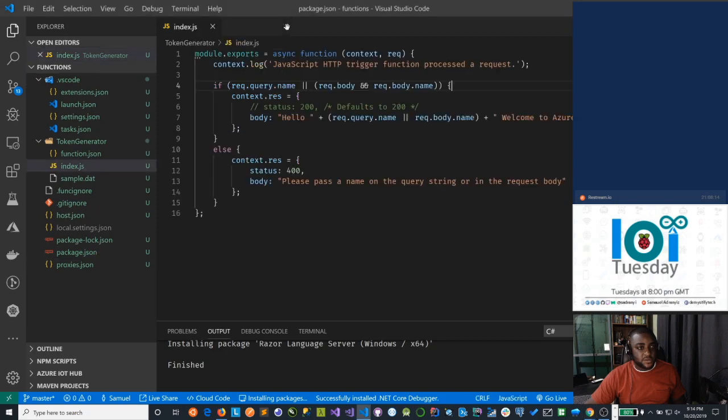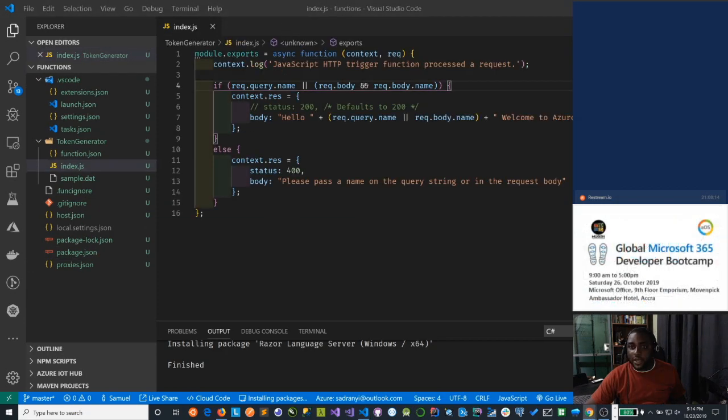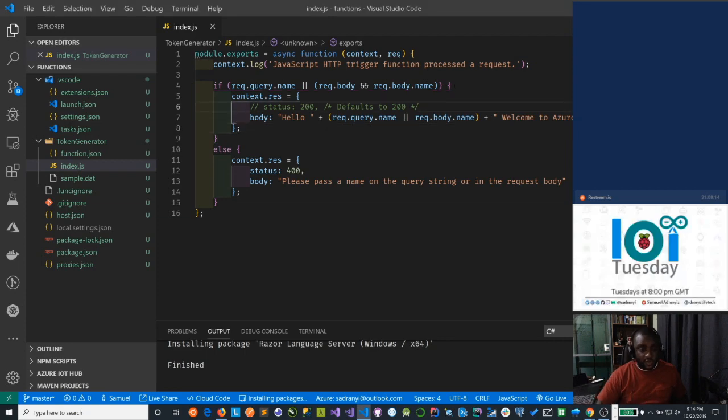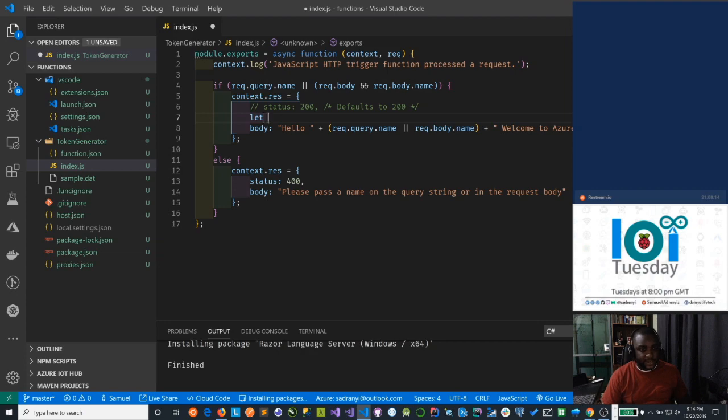All right, so we're going to go here. I'm just going to continue with this since we don't have a lot of time. So I'm going to comment this, or you know what? Let me just go ahead and say let token be equal to